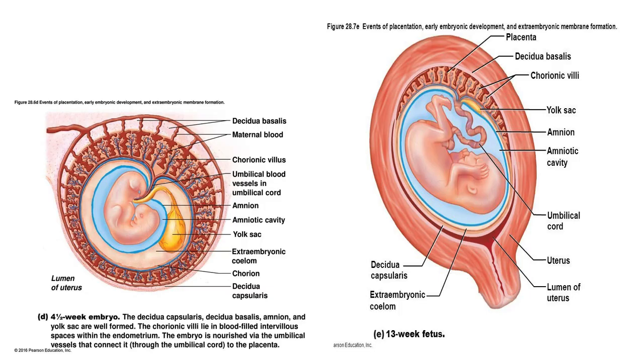So here you can actually see that. You have the decidual capsularis and you have decidual basalis, parietalis just beyond it if you check very well, and above that area is also decidual basalis, and you can see the embryo inside the amniotic sac and then inside the